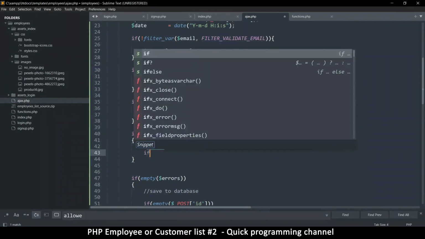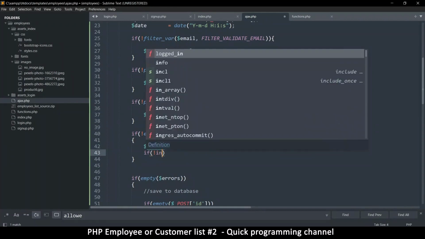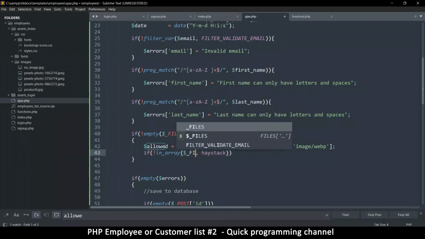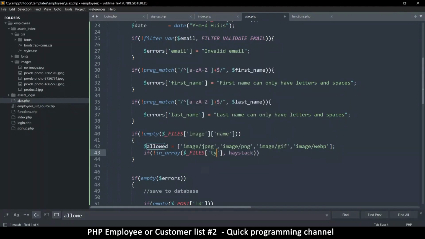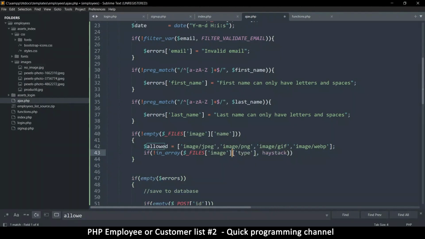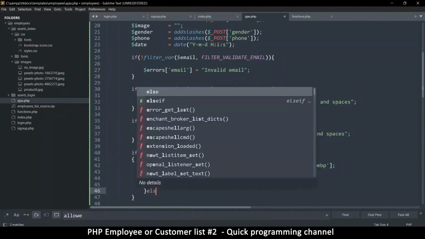So I'm going to say if not in array. So what's the needle is what we are looking for. So here we're looking for the files type. Actually, we're supposed to have image here because that's where it says in, and then type like so. The haystack is where we are searching, which is in the allowed section here. So if not in array, or we say if in array, that's better, so that we can put an else